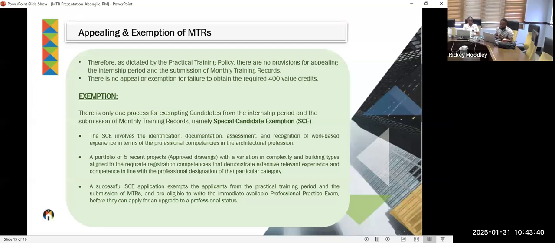A successful special candidate exemption application exempts the applicants from the practical training period and the submission of monthly training records, and they are eligible to write the immediate available professional practice exam before they can apply for an upgrade to a professional status. Okay, so the process of special candidate exemption says that a person must have the grounds to